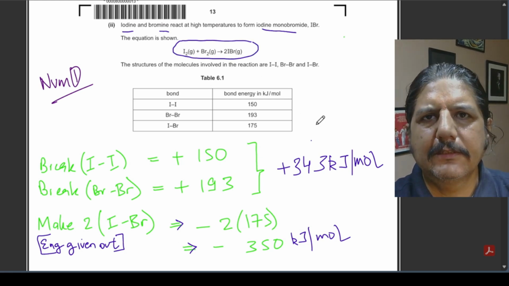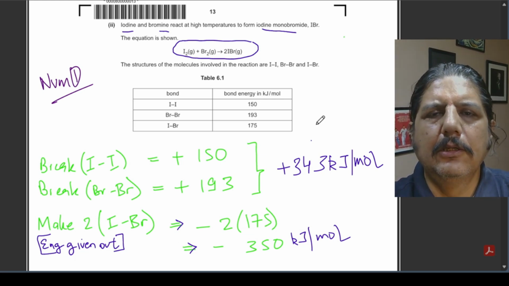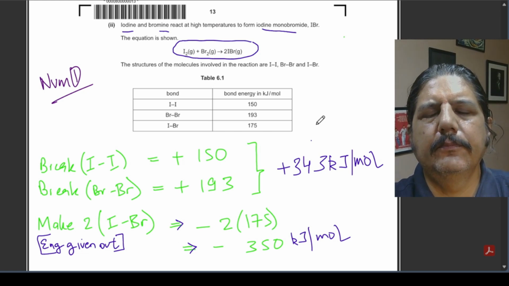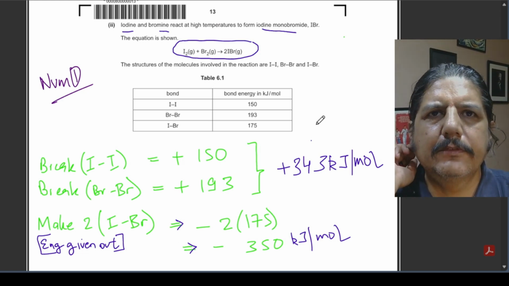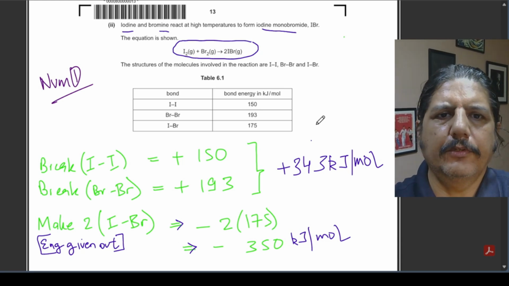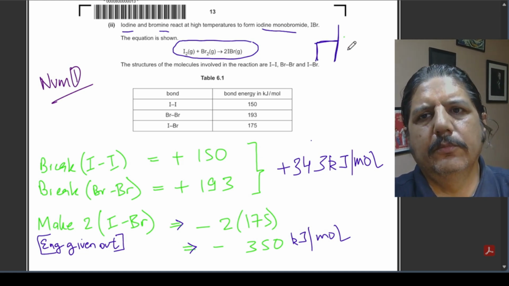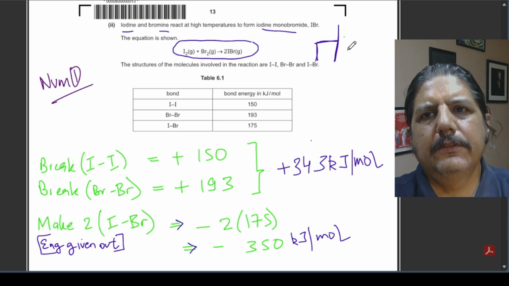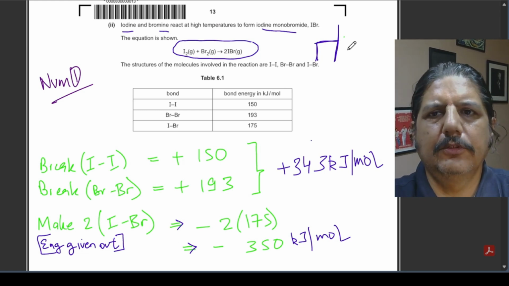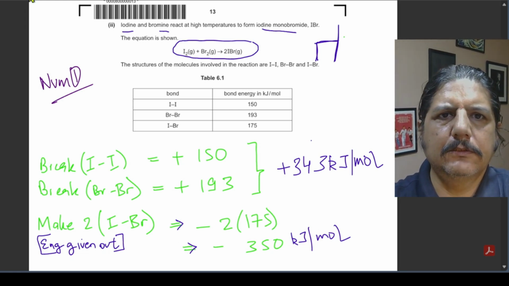Now, once you understand the logic, this is a very simple topic. All that you need to understand is that it's a very commonsensical approach. If you want to break something, you need energy. So, for example, let us say there's a chair that I want to break. Now, if I want to break a chair, I need energy to break the chair. So similarly, when you are breaking the bonds, you will require energy to break the bonds. For example, in this case,